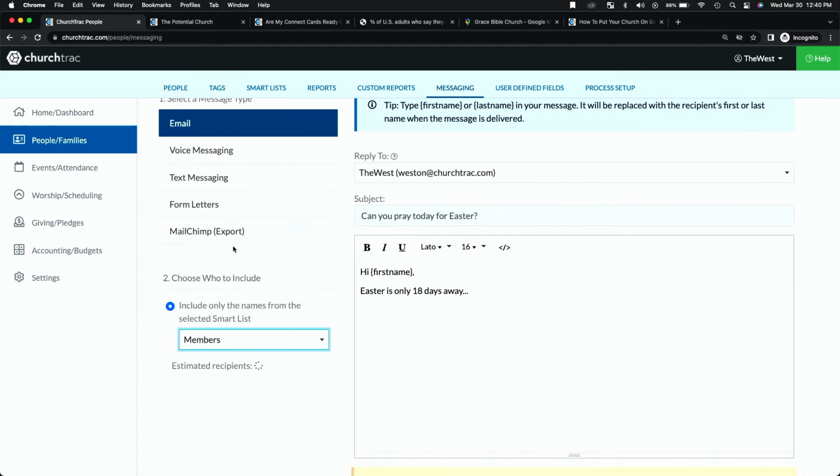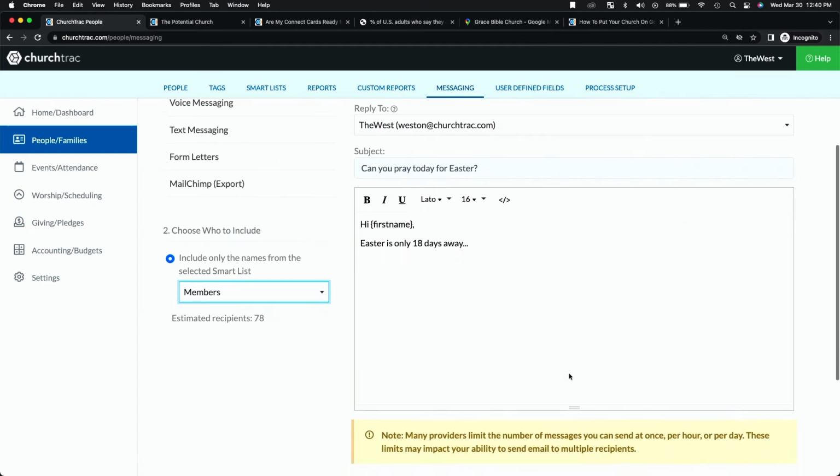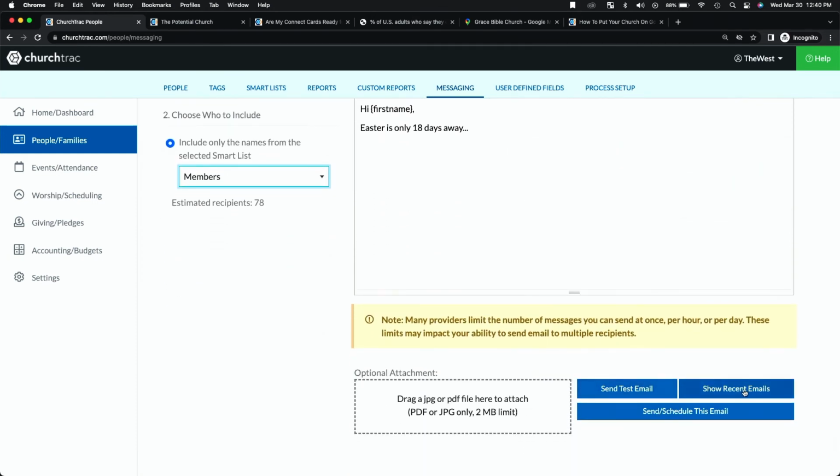Maybe it's members, guests, whoever it may be. And then you just type it out, and then you can send yourself a test. You can send that email now. You can schedule it out, and you're ready to go. So that's how you send out email, the quick way. But we have webinars that walk through that, and you can check out the online user guide that goes into